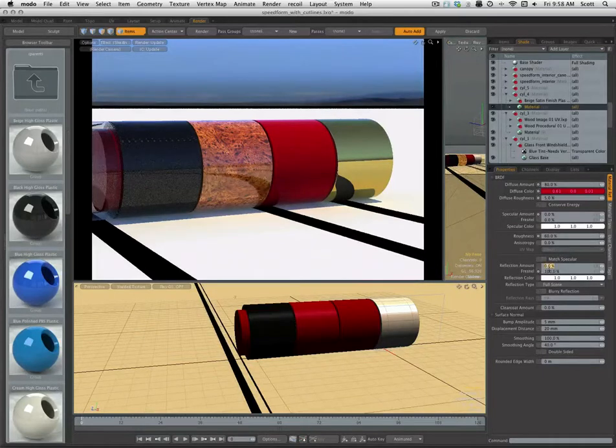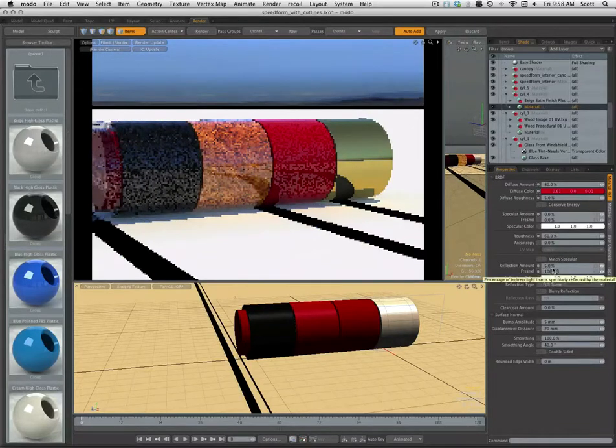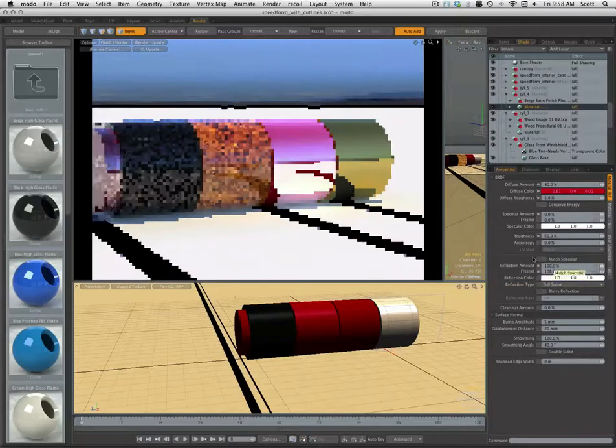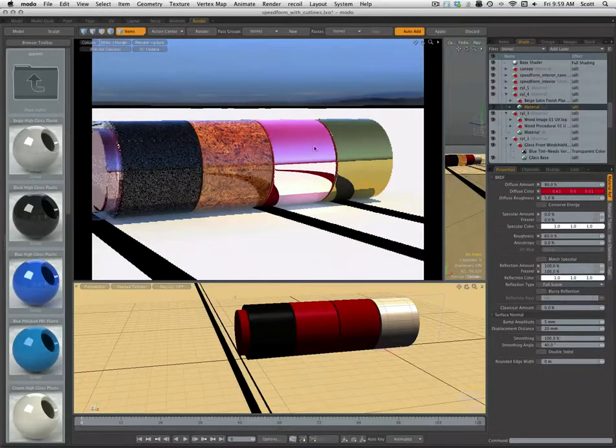Now let's turn up the reflectivity a little bit. This reflection amount is basically sliding it towards chrome. So let's see what happens if I make that 100. So there it's kind of a reddish chrome, but you can see all the reflections now are very, very sharp. So you can see where everything's going to land. Now as I take it back down,